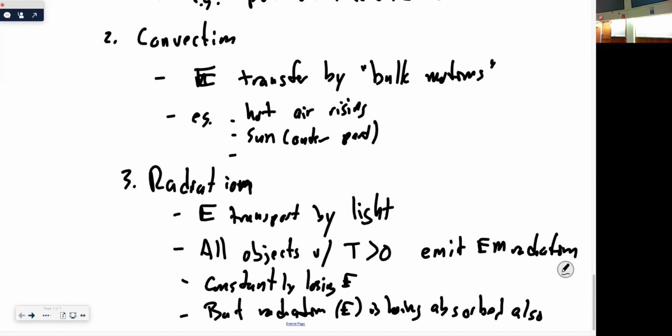Convection is interesting. If you want to learn more about convection, you can take my stellar astrophysics course. For you guys, that will be in the fall, except for Bailey, in the spring of 2023, your senior year, second semester.